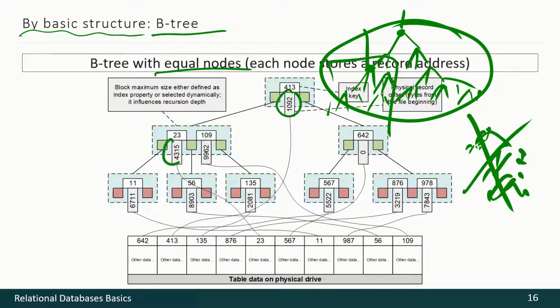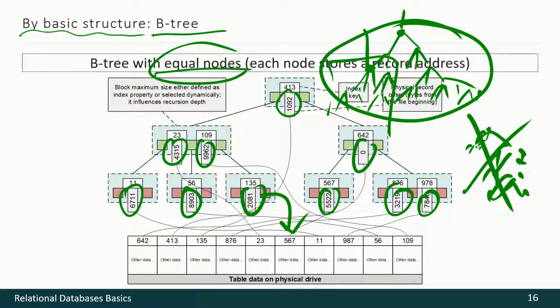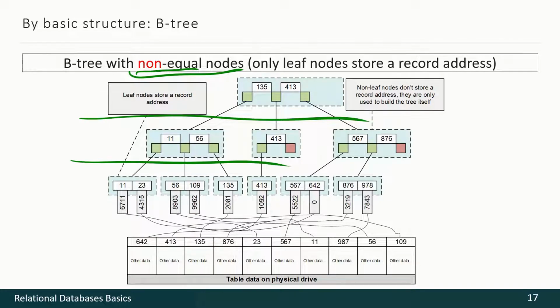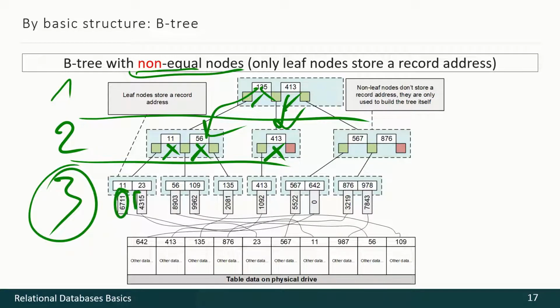As you can see here, each node contains the byte offset of a physical record. Each and every node on each and every level. So these are equal nodes. But in this case, nodes are non-equal, because on the first and the second levels, there are no byte offsets here. So these levels are used for search purposes only, and only on the third level we have really byte offsets, so those nodes are non-equal.